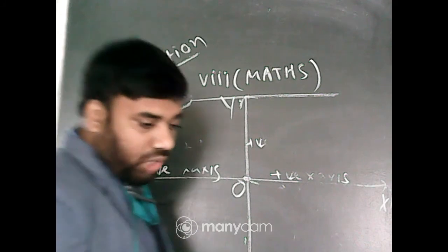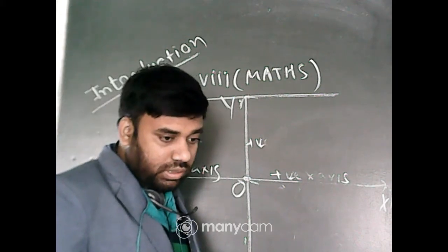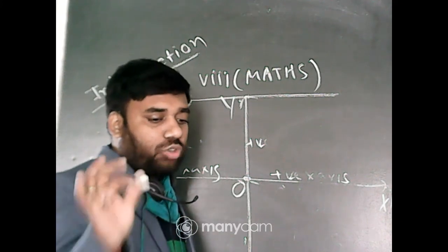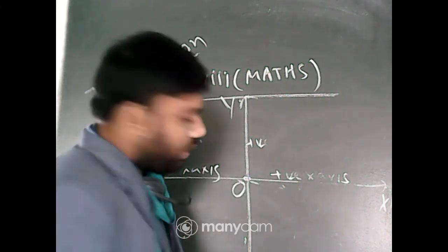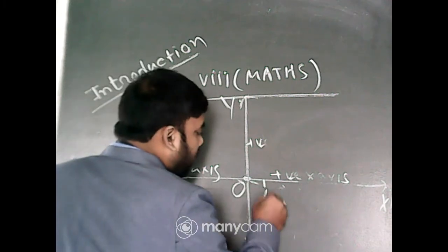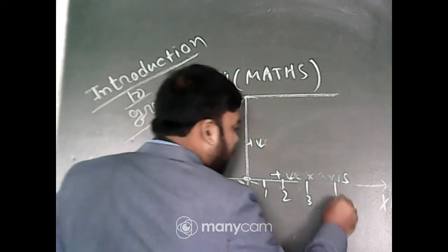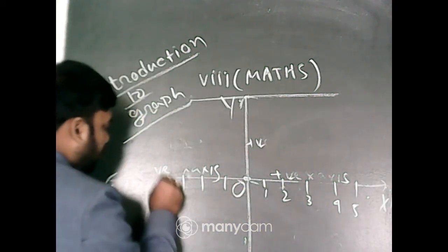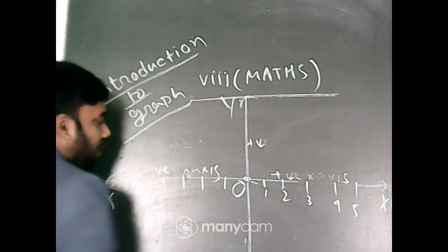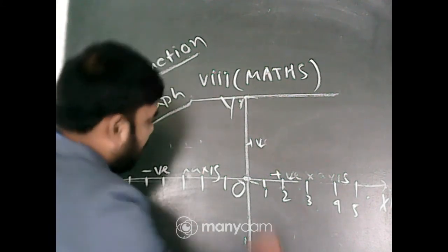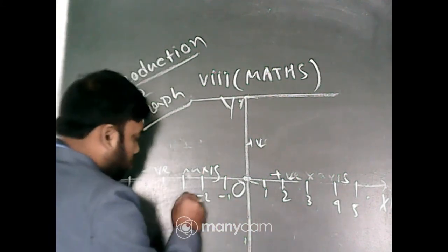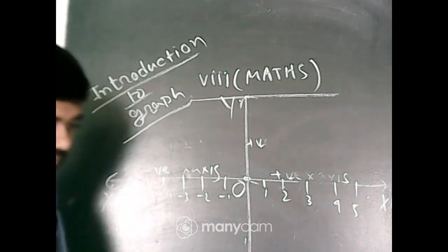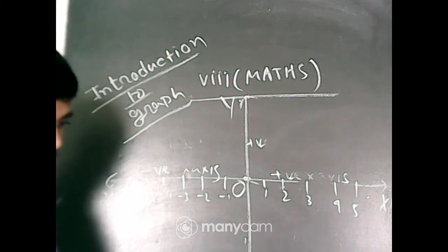You will solve it. Okay, I will explain in detail about coordinates. Roshni, wait. As I am telling, 1, 2, 3, 4, 5, and moving on. 1, 2, 3, 4, 5, 6. First of all, students, if it is 1, it will be -1, -2, -3, -4, -5, -6. Okay? Clear? It is clear?